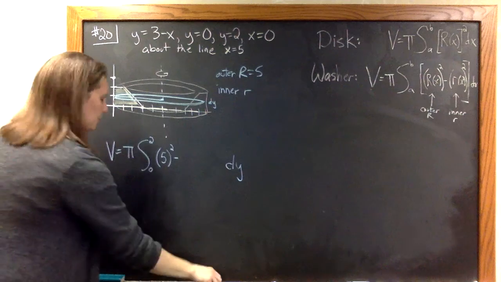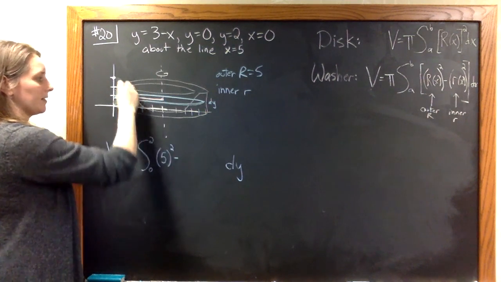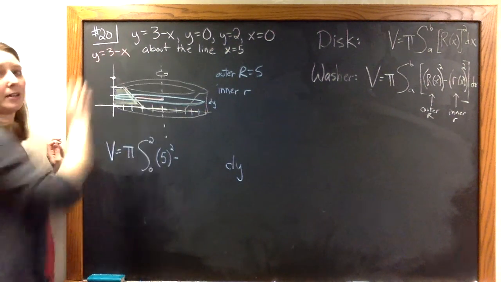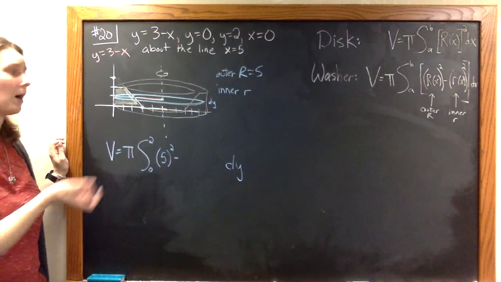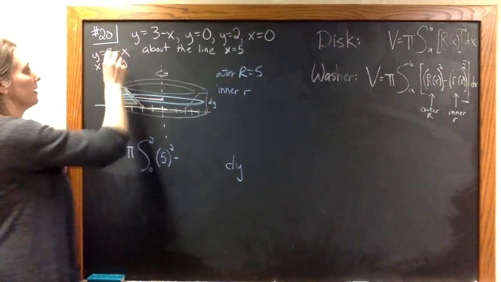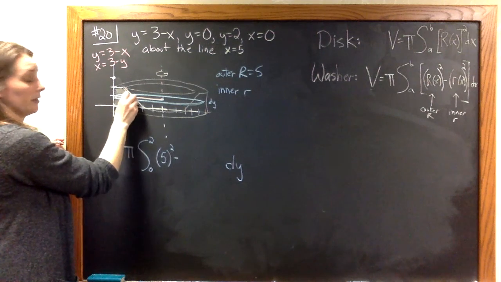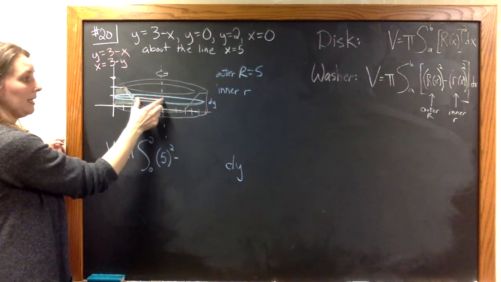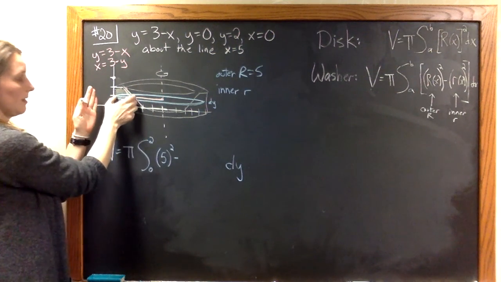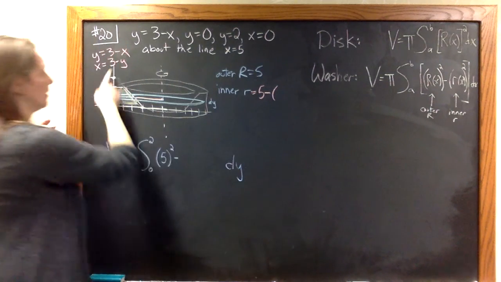And then we also want to find the inner radius. Okay, the inner radius, let me switch to pink here, is this thing. And it is defined by this function, y equals 3 minus x. We're going to need that in terms of y. So if we add x and subtract y, that's x equals 3 minus y. But x equals 3 minus y gives us this piece over here. This piece right here, we need this radius. So what we're going to have to do is take 5 minus the function. So our inner radius is going to be 5 minus (3 minus y),